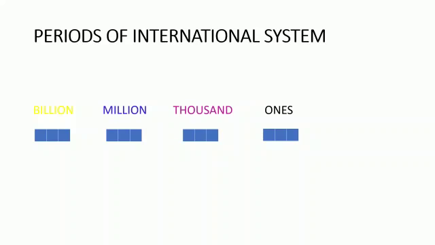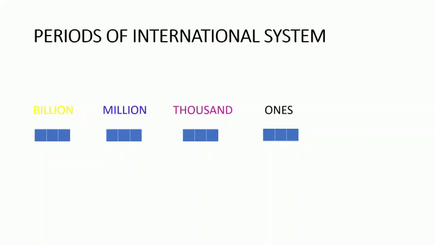Now we are moving down to the next slide. One more thing I want to say in this slide, see carefully, each period contains three boxes. That means in each period we should write three digits. If there is only one digit, we want to add two zeros in the beginning. If only two digits are given, we want to add one zero. That is the meaning. Okay, shall we move down to the next slide? Yes.